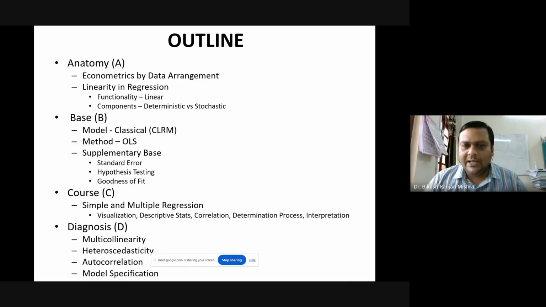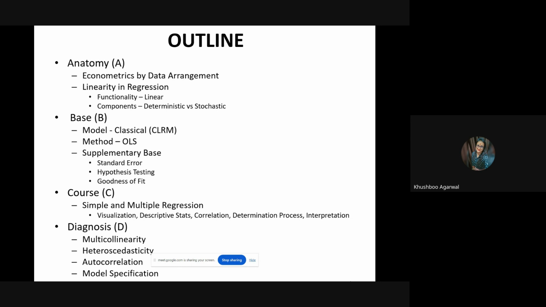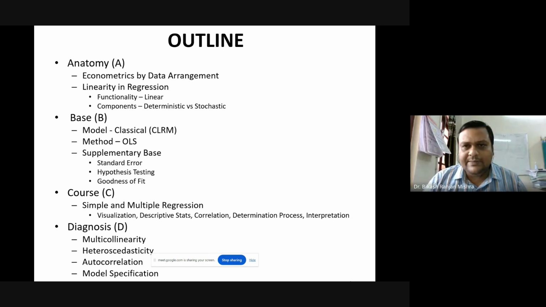or models category. So method will be broadly, there are several types of method, OLS, ML kind of thing. Broadly, I'll be focusing on the OLS part, and a line or two may be told with respect to maximum likelihood method. Then the method with respect to classical linear regression model, and some supplementary base required that whenever we'll be progressing with the advanced versions of execution of regression, then we need to know certain type of technical